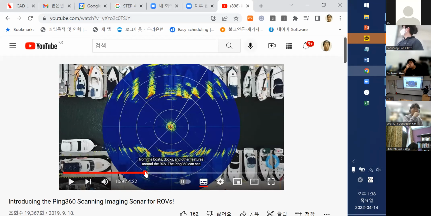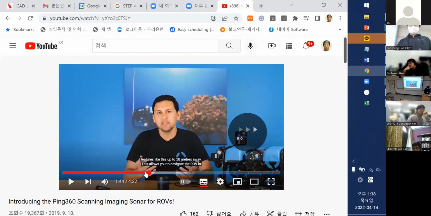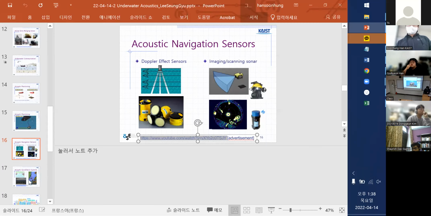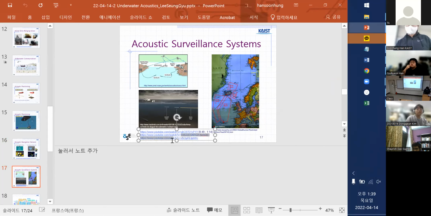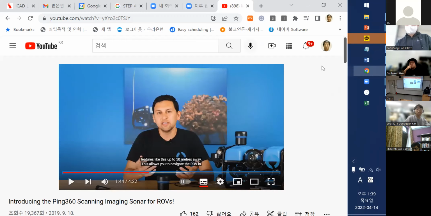As you can see here, sonar on an ROV detects where the ship is and observes the shape of it. And it is also used to find enemies. Here is about sources, SOSUS, and